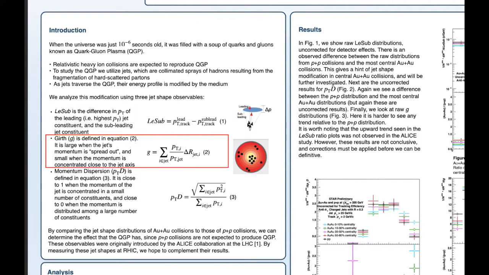Next is girth, or G, which is defined in equation 2. From the definition, we see that it is essentially the momentum-weighted average distance of the constituents from the jet axis. So it is large when the jet's momentum is spread out, and small when the momentum is concentrated close to